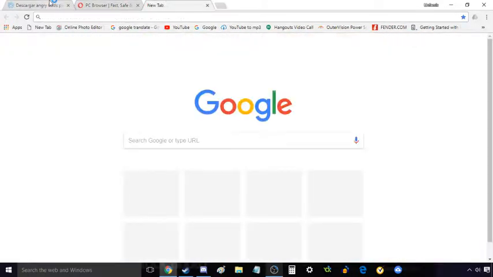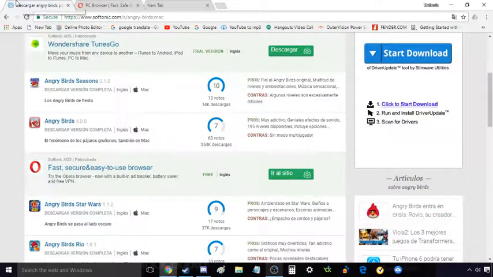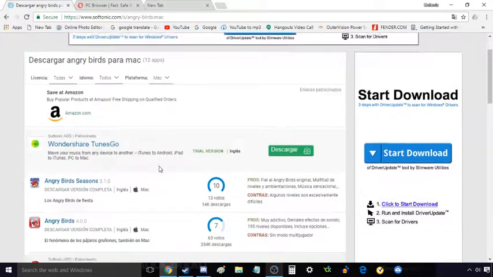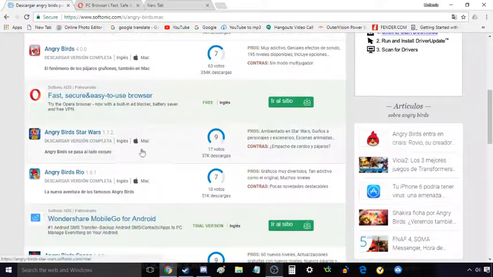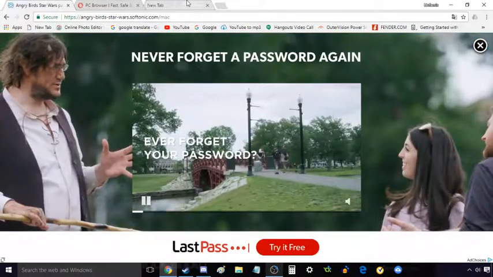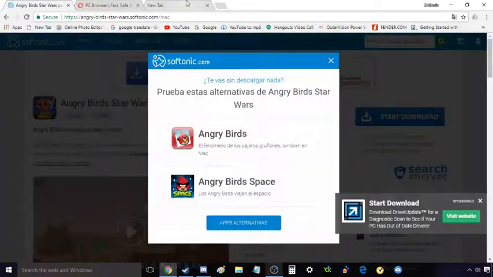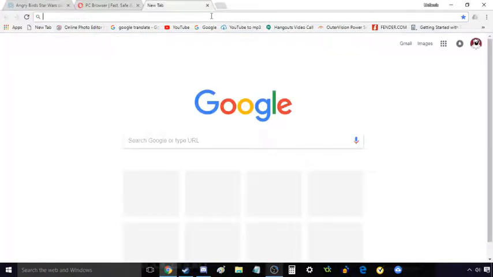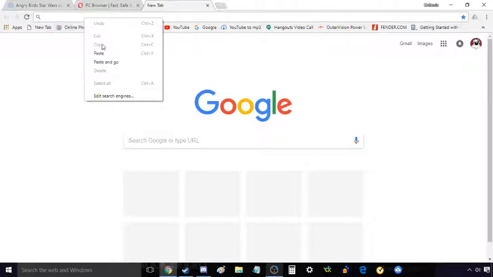So first, you're going to go back to your Angry Birds Softonic search. You're going to want to keep scrolling. And here it is, Angry Birds Star Wars. Now, click on it, but keep it open. Do not click download or anything. Now, by hitting this little tab button here, you can open up a new tab. Now, in this tab, you're going to want to copy and paste the link in the description,